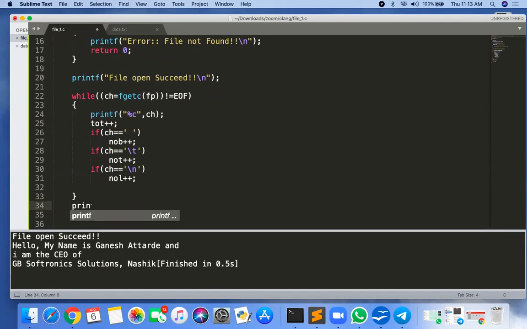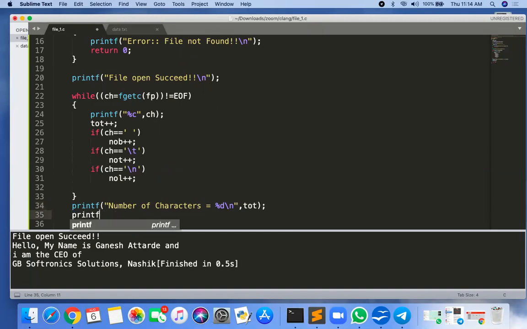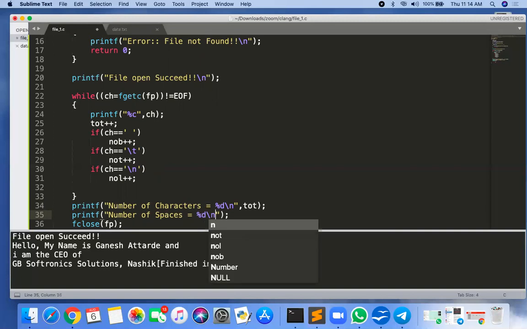So I'm printing here outside the loop. So printf number of characters is equal to %d slash n comma, yes, TOT. Then after that printf number of spaces equal to %d slash n, and then what is the space count?